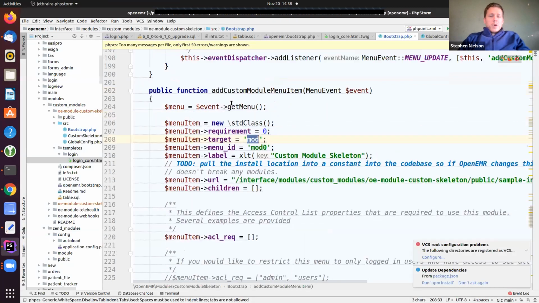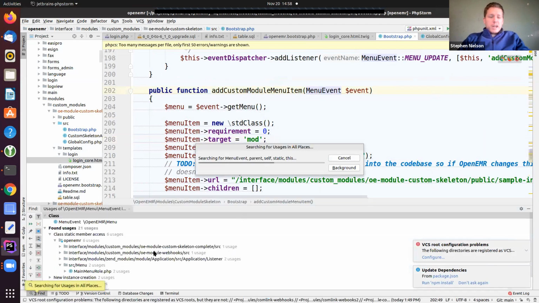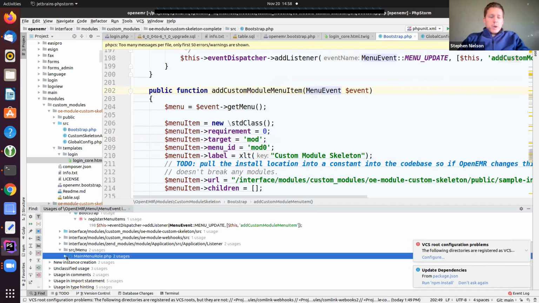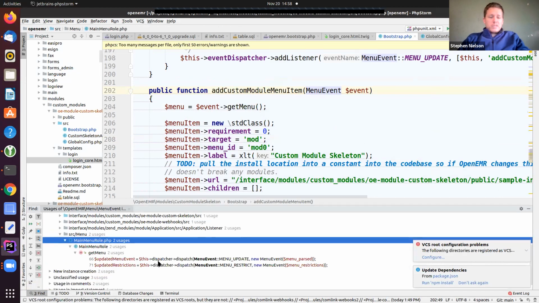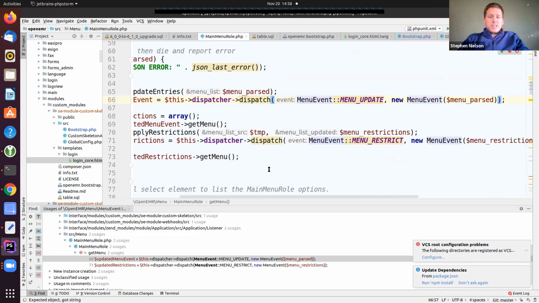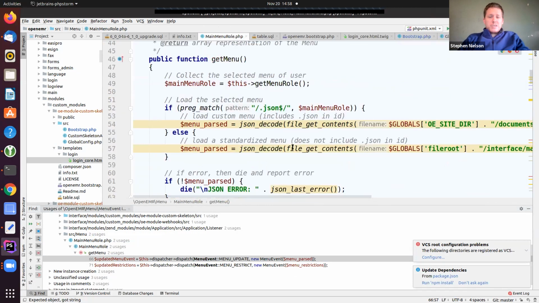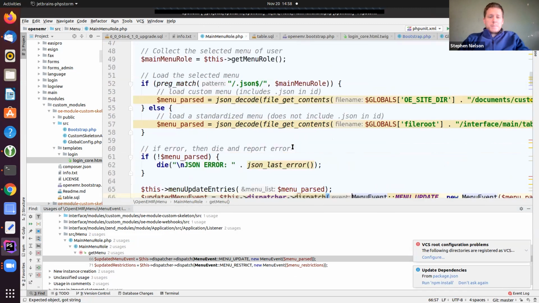If I don't understand how that menu is structured, I may have to look at this and use find usages, and say, where is this instantiated? What is the piece? We'll get better at our documentation, but for now, a lot of it helps just go and look at the menu and say, well, what's being passed into this menu parse? What do I have access to that I can modify?